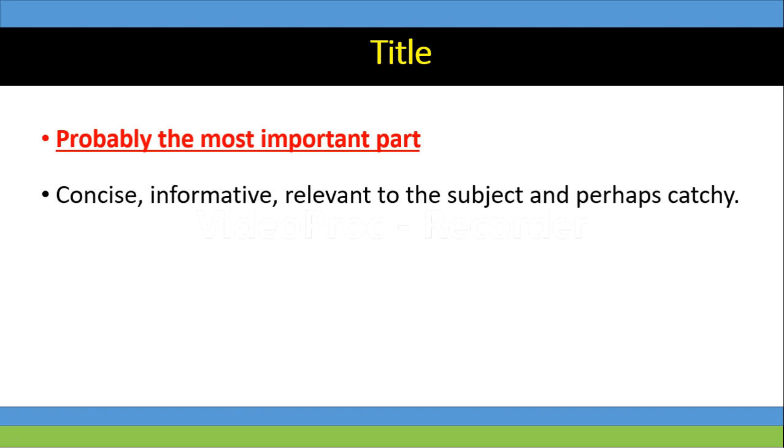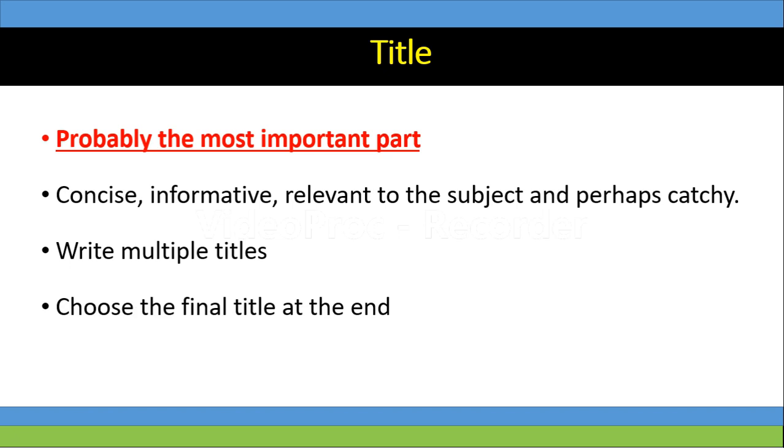One of the ways that you can create a good title is to start writing multiple titles whenever you start writing your manuscript. This holds true both for a case report and for any article as well. As you go through writing your manuscript, things will become more clear to you, and you can then scan and revise the title as you go. And you should choose the final title at the end.